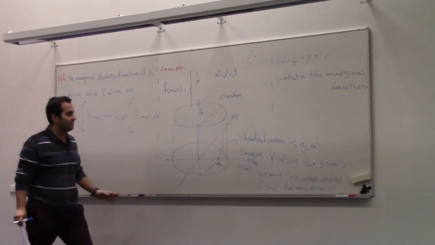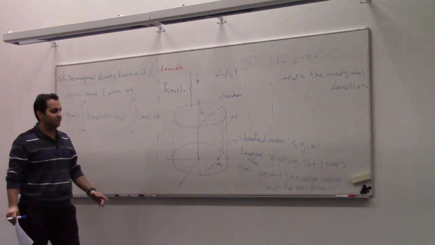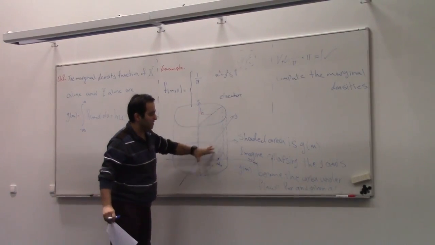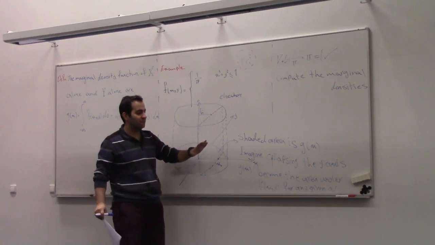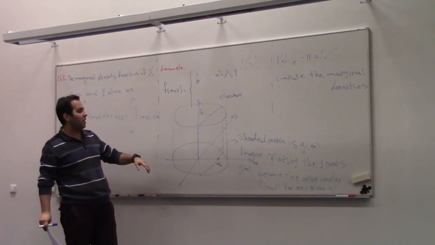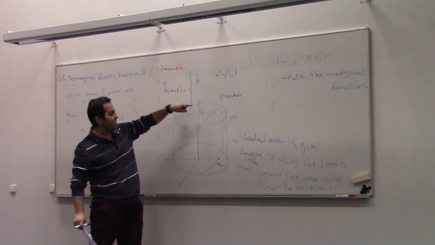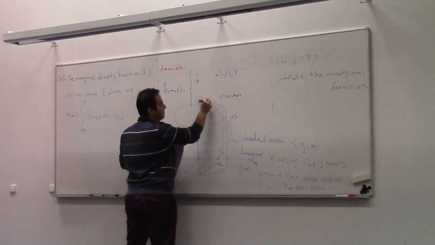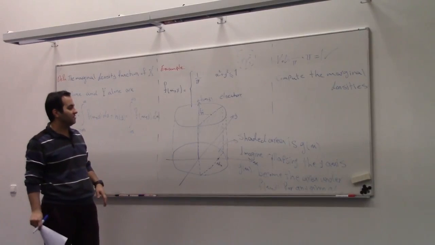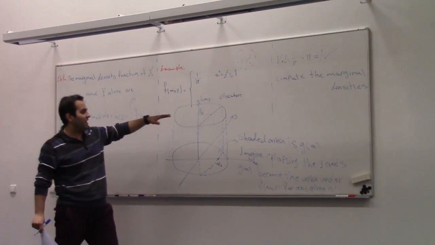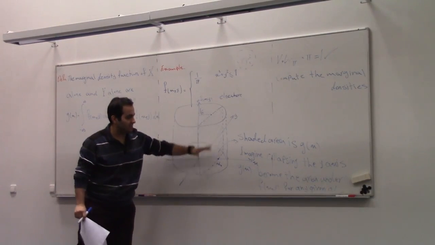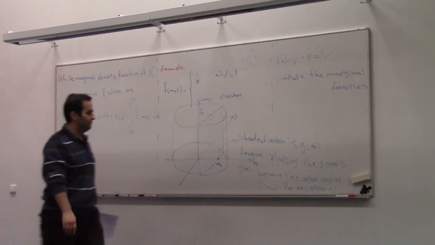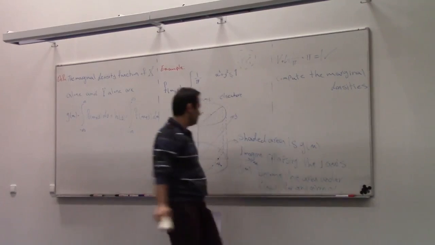Okay, we collapse the y-axis. Then to find the J(x), that is the shaded part, we have to find the area under the f(x,y) here. We have to find the area under this function. Okay, to find this,